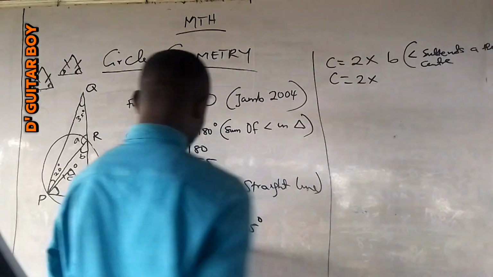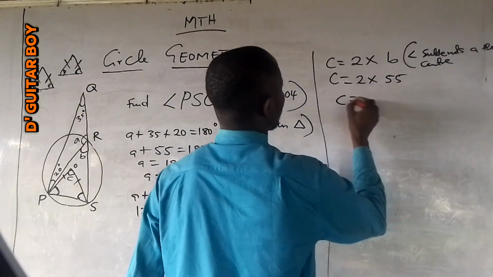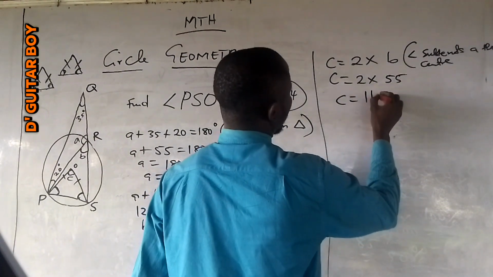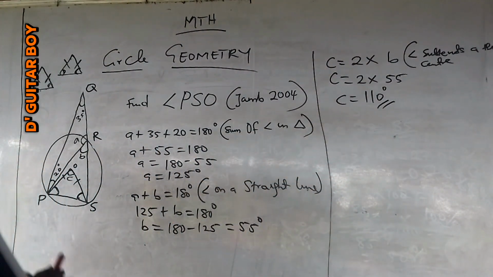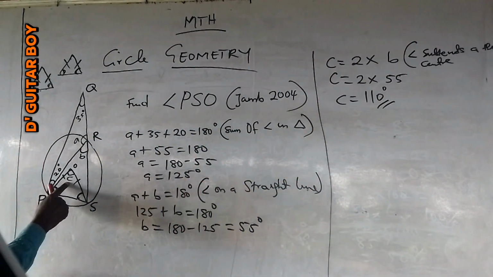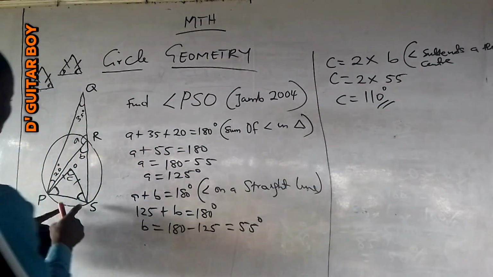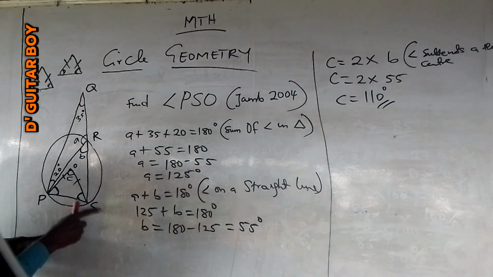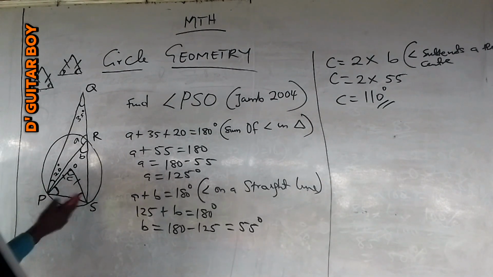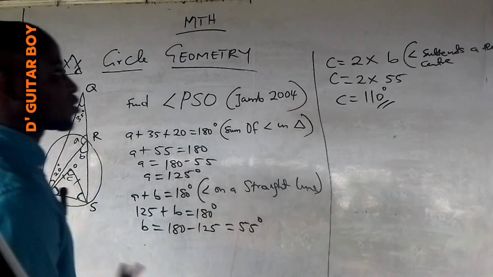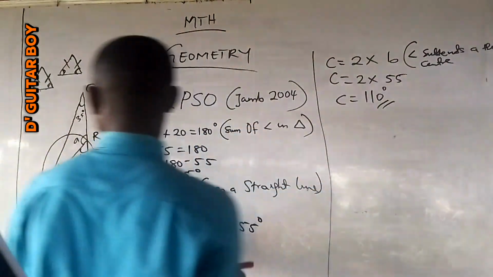Here we calculated B to be 55. So C is equal to 2 times 55, which is what? 110 degrees. So we calculated B and C now. So we now know C to be 110 degrees. From here we cannot calculate what we are looking for, which is PSO directly, because whatever we have here is also the same thing as what we have here, an isosceles triangle. So what we will now do here is to say,